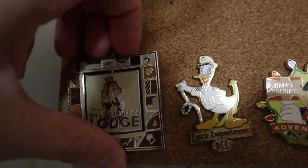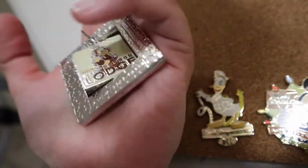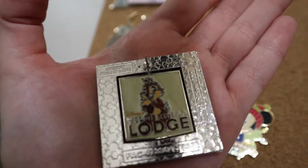This one is an LE pin, and it is Wilderness Lodge, and it actually spins and has Chippendale, and it's when they had their 25th. And this one is actually LE 1500, but a cool thing about this is you might see in that top